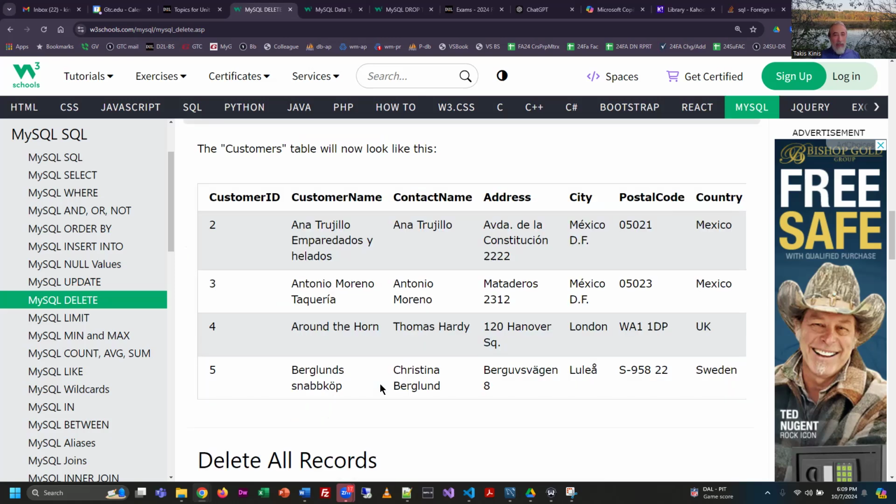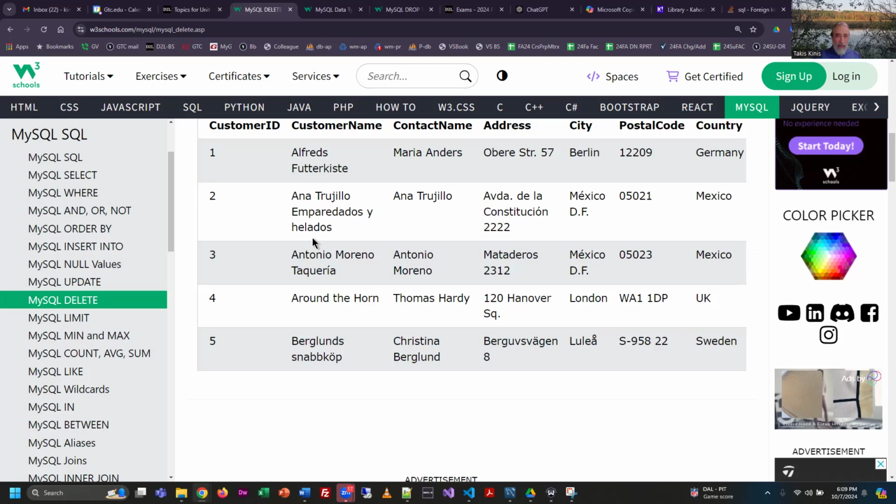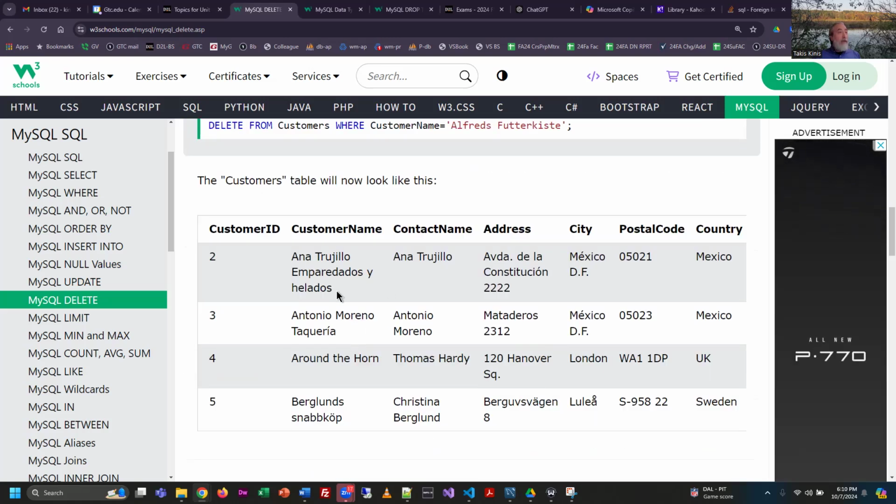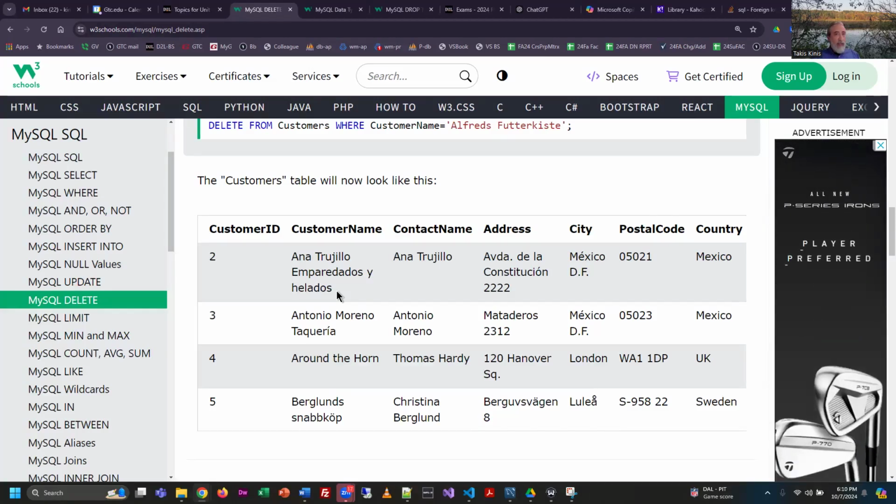Kind of an interesting name. If you look at the previous table example, he's there. In this one, he's gone. So it found that record where it matches, and any record that matches that will be deleted from the